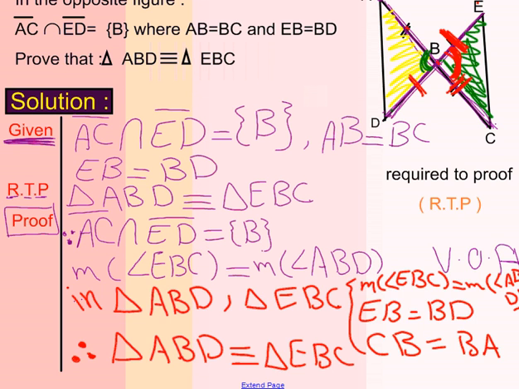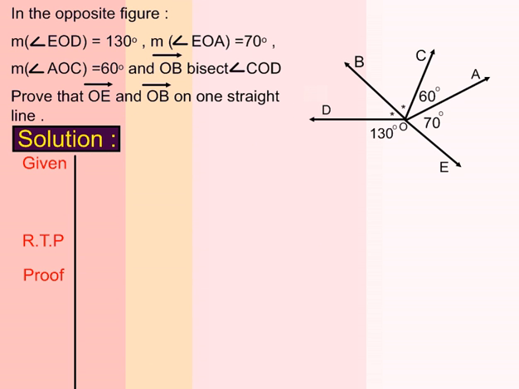We have finished the first exercise, and let's go to the second exercise. It's so easy, but you have to read the information very well. In the opposite figure, the measure of the angle EOD equals 130 degrees, and the measure of the angle EOA equals 70 degrees, and the measure of the angle AOC equals